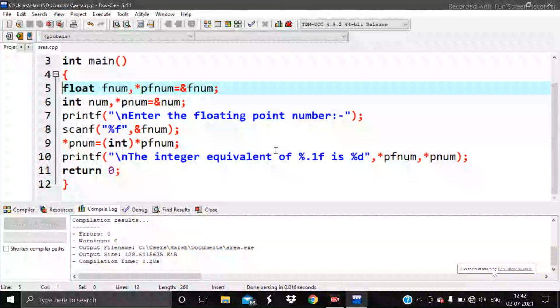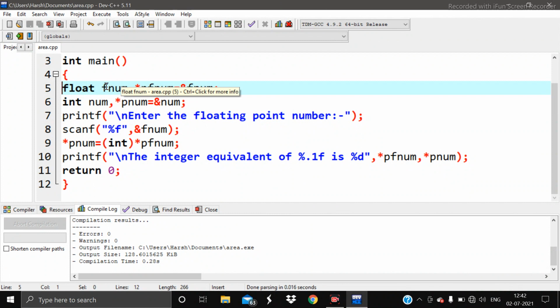So yeah, hello everyone. In this video, I will continue from the last part, where I was discussing writing a program to convert a floating point number into an integer number. In that program, there were some errors. So what were the errors? The variable names were not defined correctly. Here I had written num1 and num2.